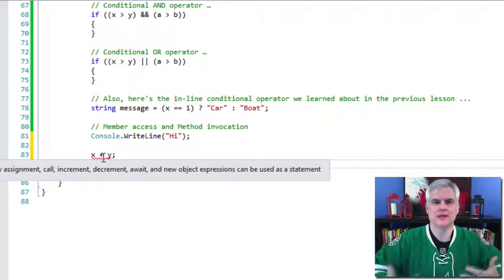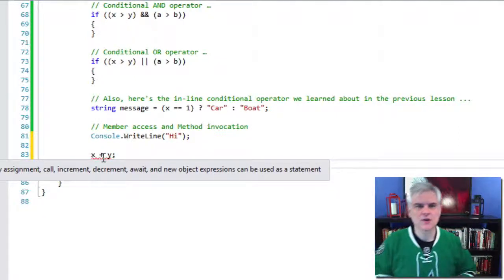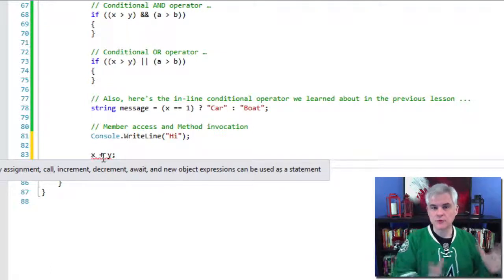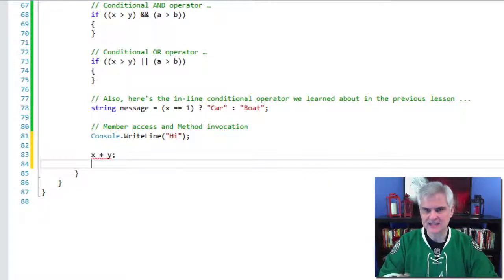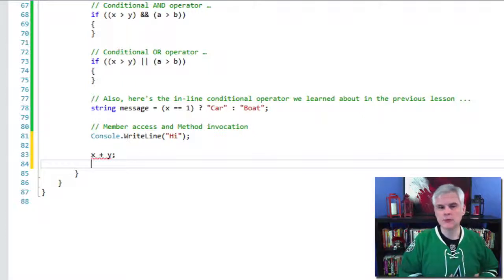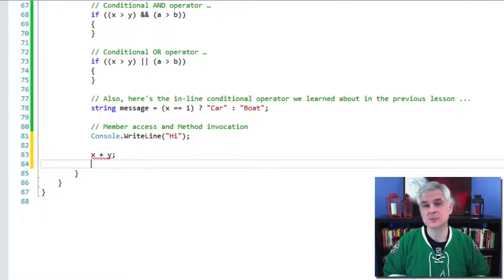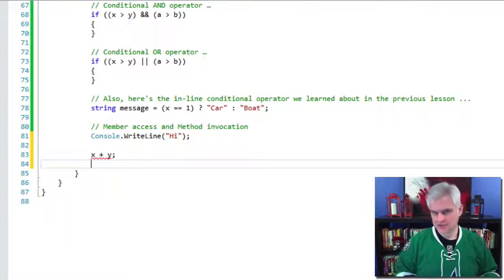We're not really doing anything here. All right, there's no assignment going on. All right, so for beginners, understand that there's a proper syntax, just like there's proper grammar in the English language. And just understanding that is a big step to solving your own problems whenever you're phrasing C# instructions that the C# compiler will accept. Okay, so let's recap the things that we talked about in this lesson.